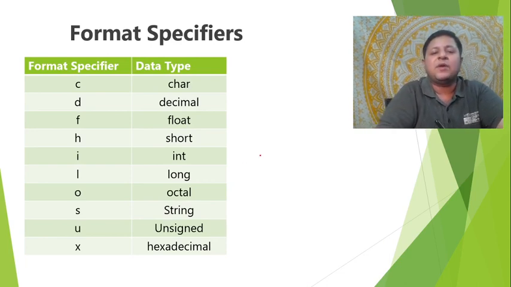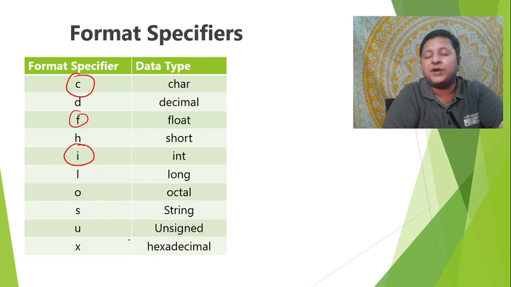For example, if I want to work with char, I'll be using c. If I want to work with int, I'll be using i. If I want to work with float, I'll be using f. There is no double here. I'll tell you why, and what is there for double as well. Now, first of all, it is surprising to see that for int we have i, but for int I had used %d. See, understand one thing.